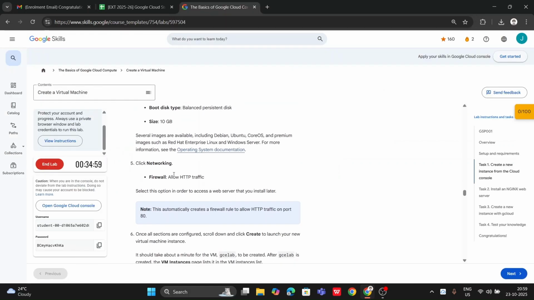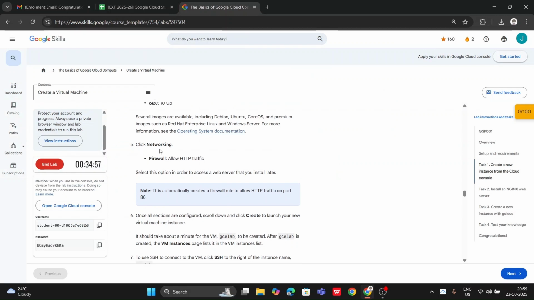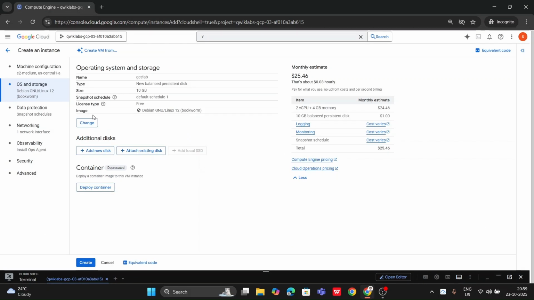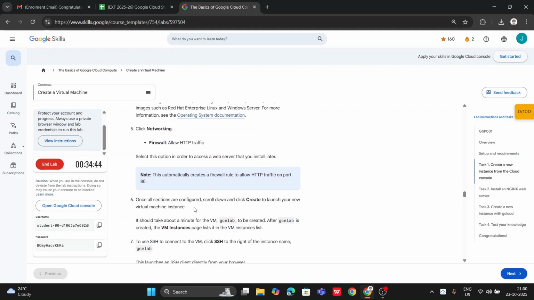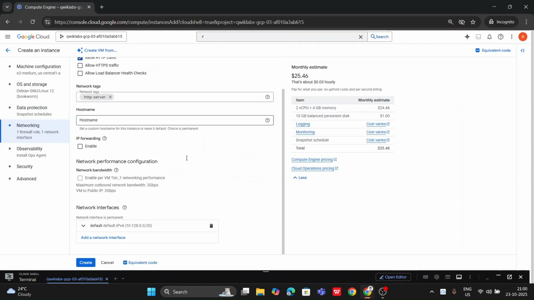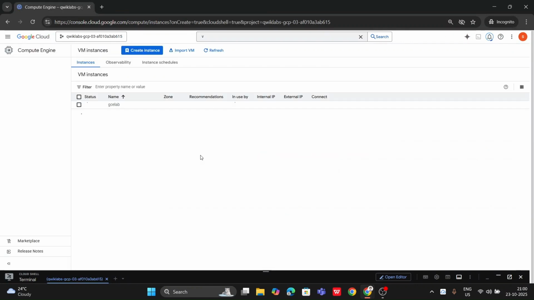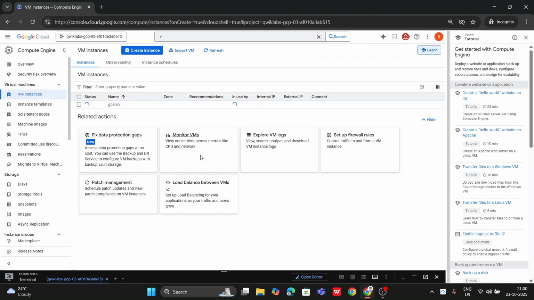You can simply get on to the next task, which is clicking on networking and allowing the HTTP traffic for this particular one. So we're going to click on networking here, and we're going to allow the HTTP traffic. And all you have to do next is just create this virtual machine instance. So just wait for a while until this gets done. After that,